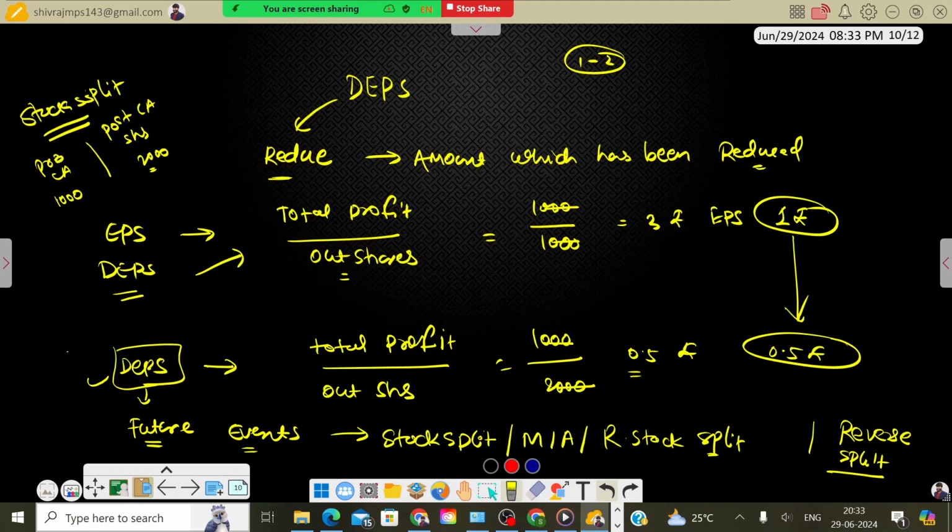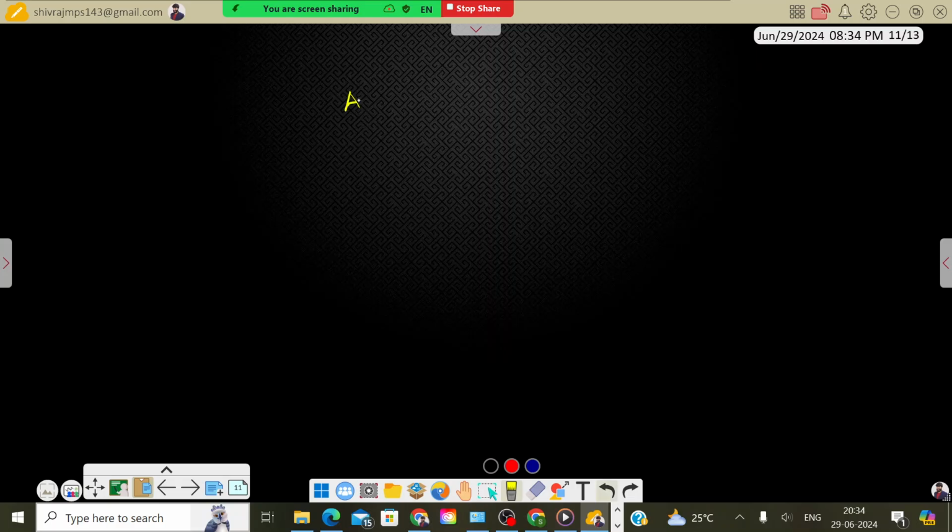So to understand this, using the same example, let's see how it works. Assume that instead of announcing a split, the company decided to announce a reverse stock split, and post corporate action the number of shares should be around 500. All right, the number of shares should be 500. So now if we calculate ADPS, anti-dilution